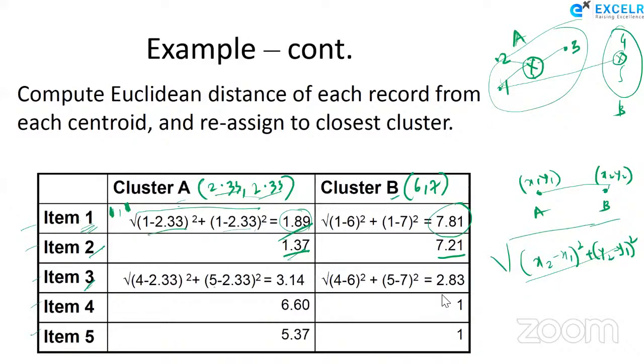What is the problem? This data point, item third, is distance to the